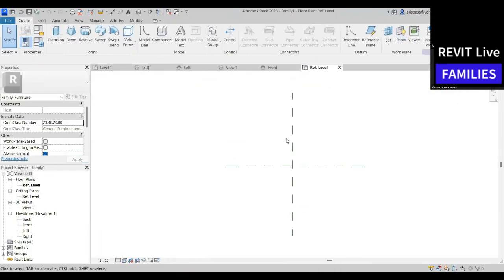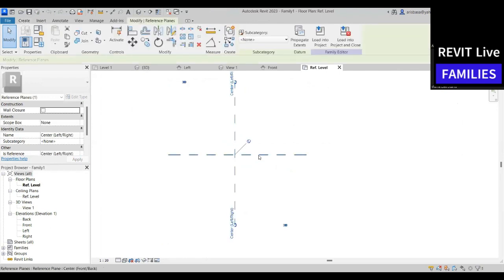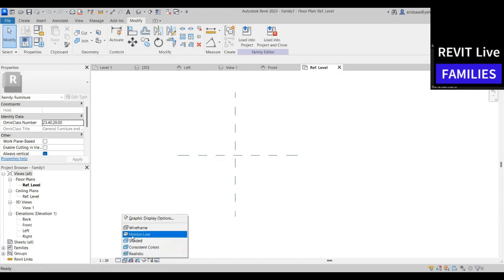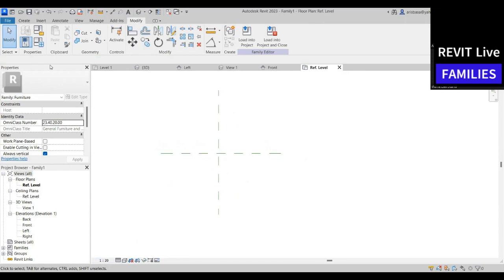When you start the family, you have something like this. You have two reference planes. Now we will attempt to create a parametric family. You'll learn what a parametric family is. So let's put our view into hidden line and make it fine. Okay. So now we'll just create,